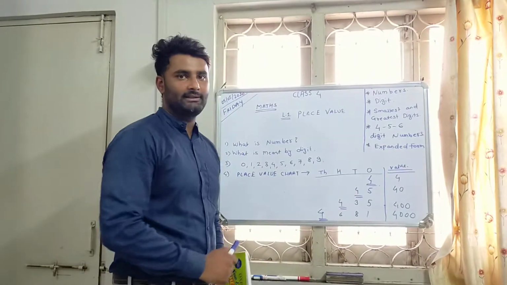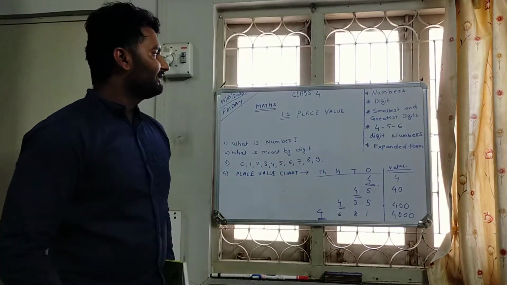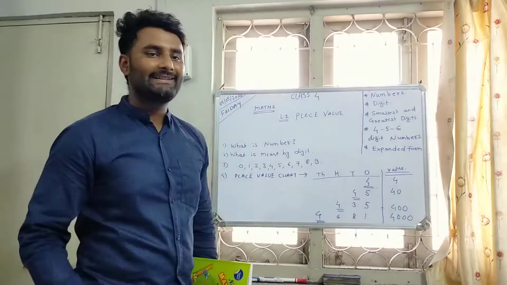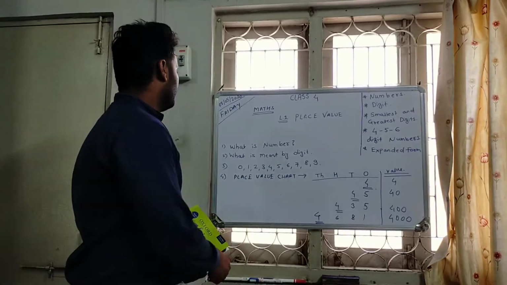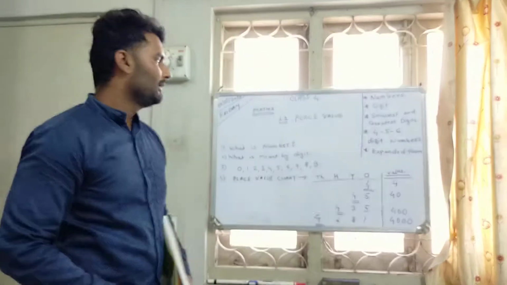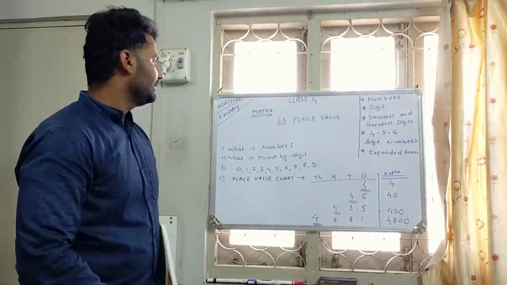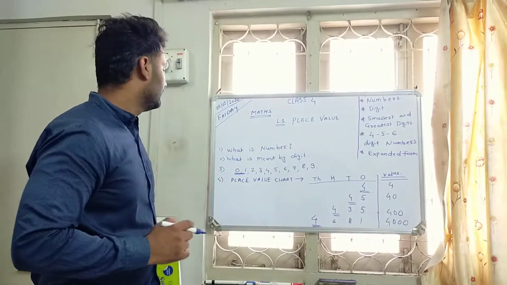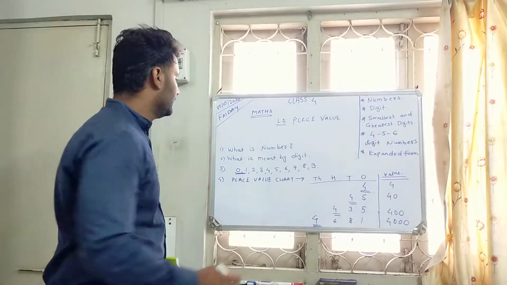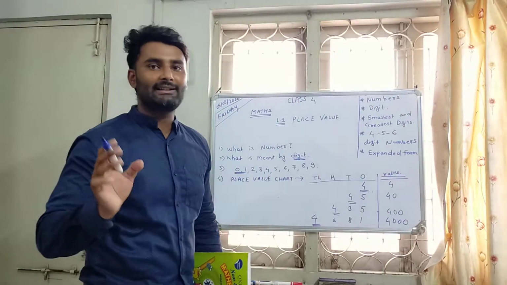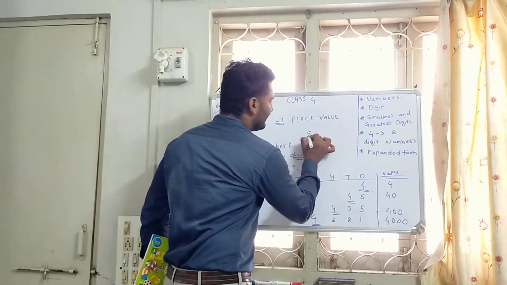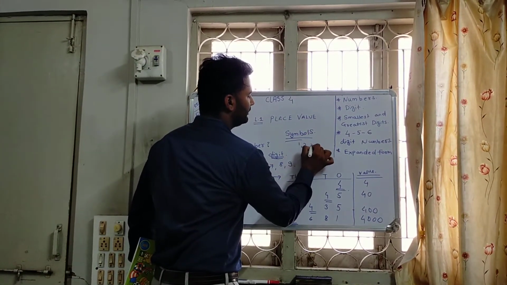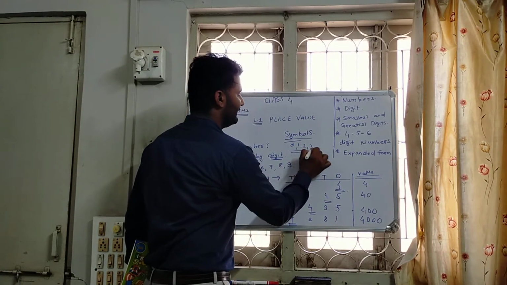This is our first lesson, and while we are studying place value, we want to know about the other things that are basics. So, what is a number? A number is something that we use by the combinations of digits. Then we have a question: what are digits? Digits are symbols, like 1, 2, 3, 4, 0.